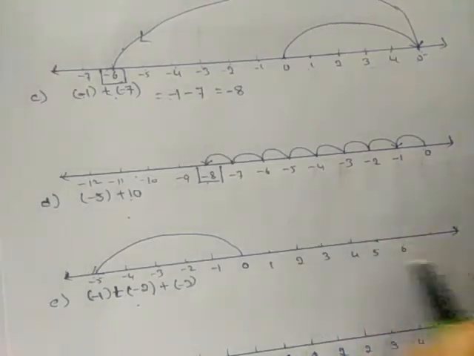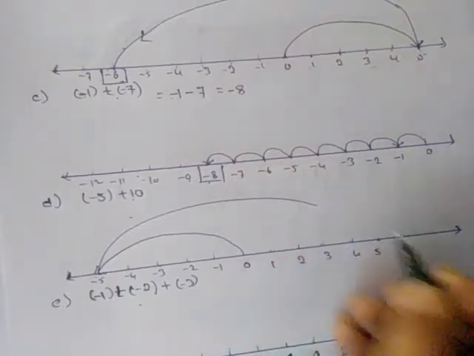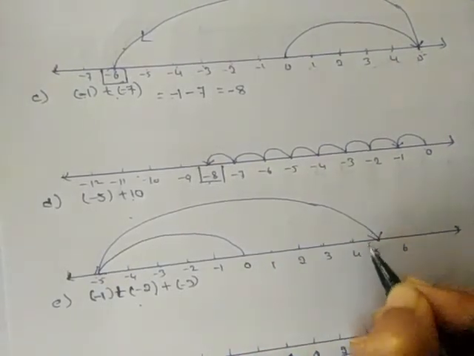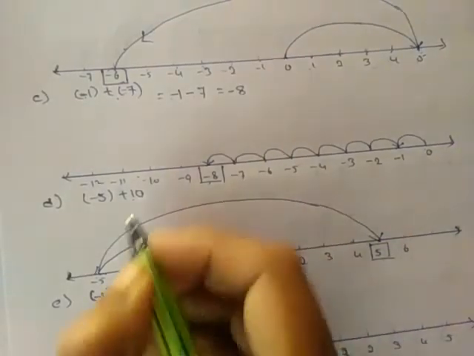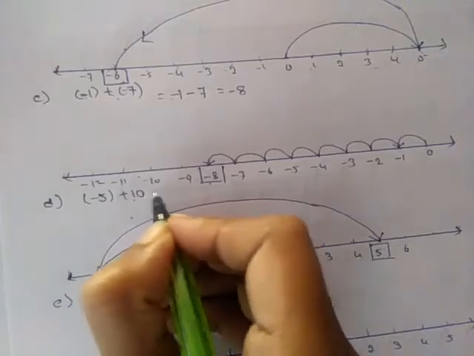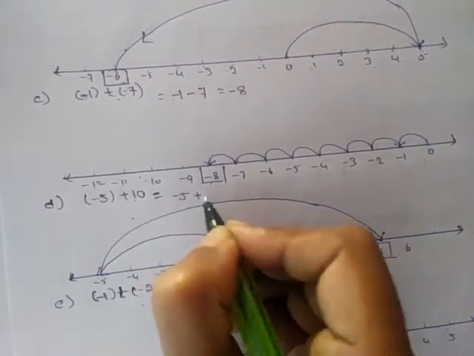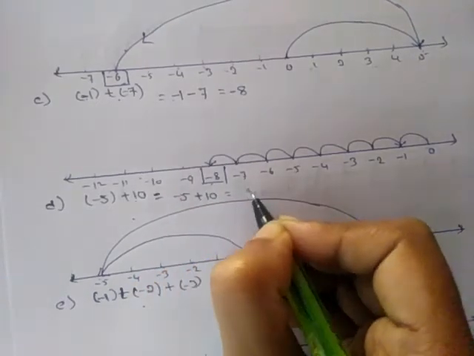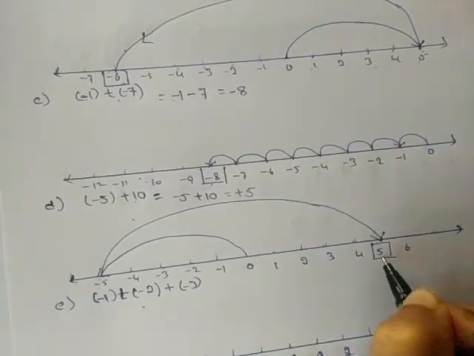Here we need to move. Means from minus 5 we have moved plus 10 steps. Then we are pointing towards 5. Isn't it? We'll check it. Minus 5 will keep it as it is. Then plus 10. Both having unlike signs, so we'll subtract. We'll get 5. Bigger number sign, plus. Isn't it? It is plus or not? Yes. Then E1.